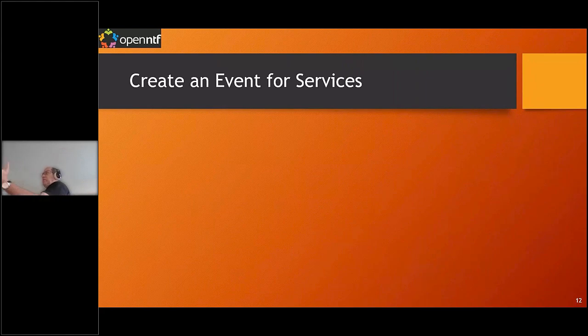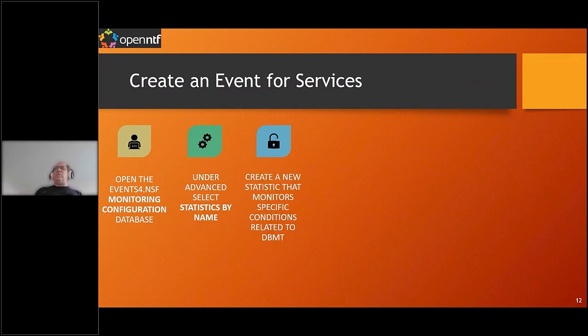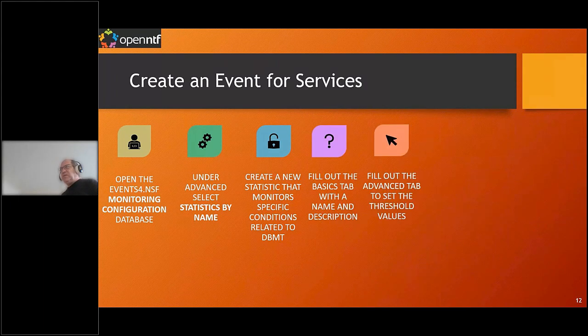And this is going to be an overview, and then, like before, the next screen will be the actual forms, and we'll walk through that. So first off, you have to start somewhere with the events database, which is also called monitoring configuration in DDM. And then you go under advanced, select stats by name, which is where we want to start. And we're going to create a new stat that's going to monitor specific information. For the purpose of this, I'm going to use DBMT as my example because it was a lot easier and faster to do. We're going to fill out the basics tab with name and description, fill out the advanced tab,